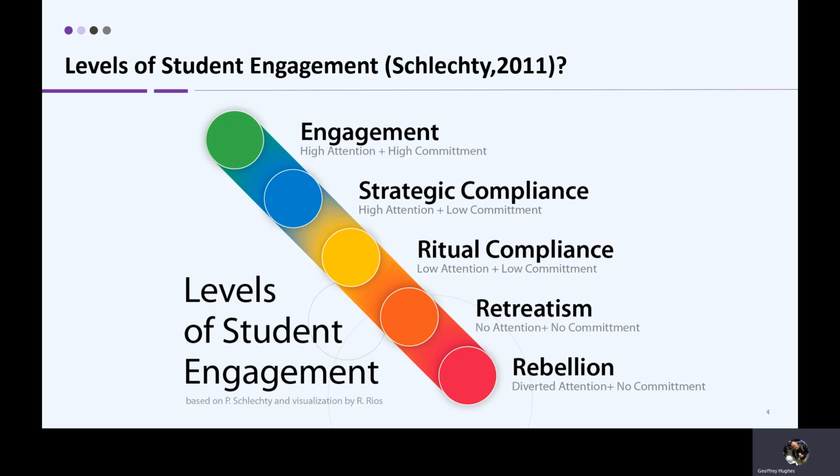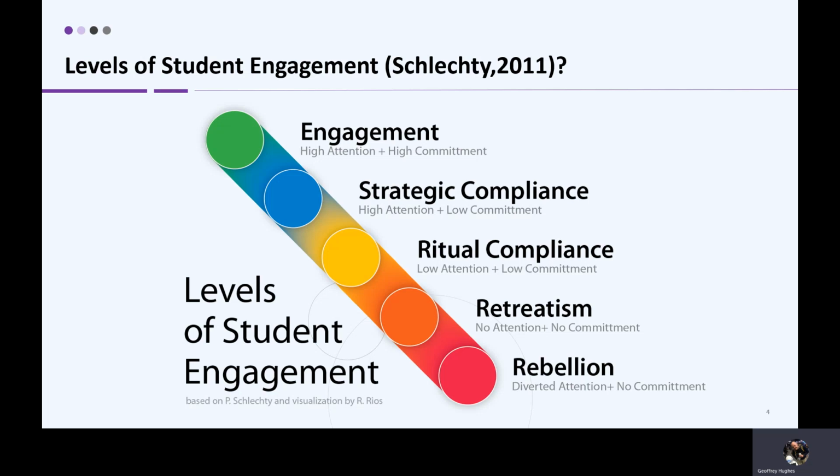You've got retreatism, where there's no attention being given to the content that's being delivered and no commitment from the students, so they totally distance themselves from anything that's going on. Then you get the first stage of learning, which is ritual compliance, so students demonstrating low attention, low commitment. And then you get strategic compliance, so high levels of attention but low commitment, and then engagement: high attention,